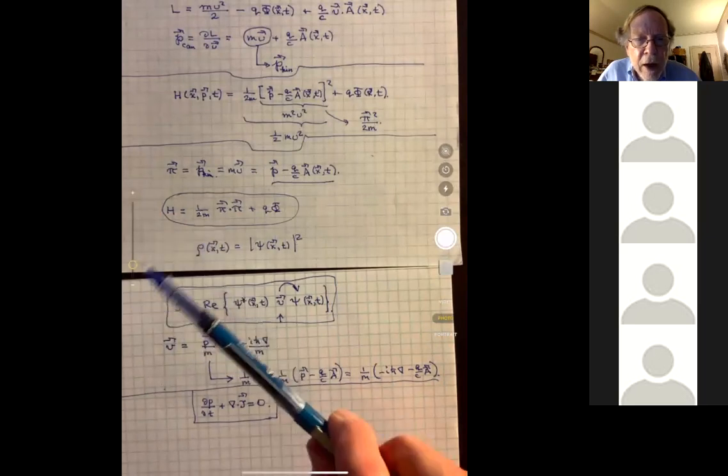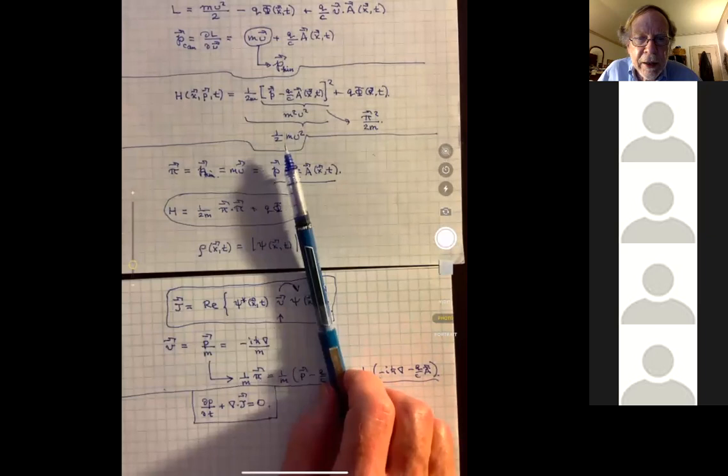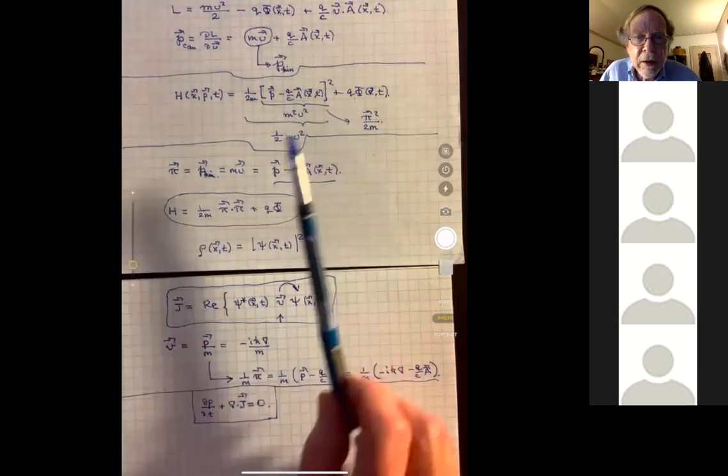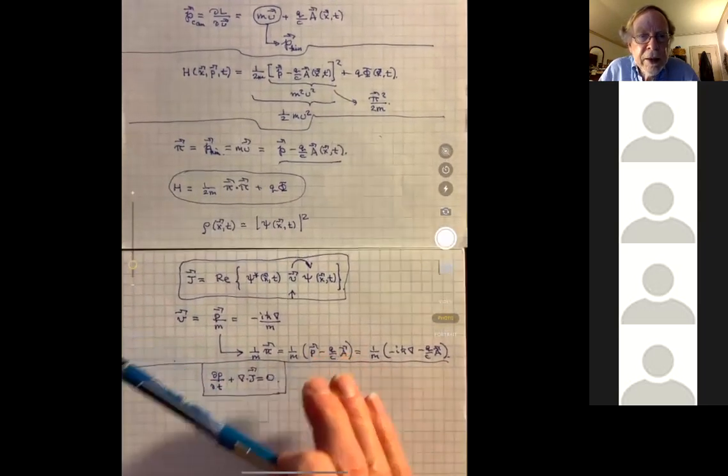But with the velocity operator so defined, even in quantum mechanics, this Hamiltonian is still kinetic plus potential, and here's the kinetic energy, and there's the potential there. Now, in any case,